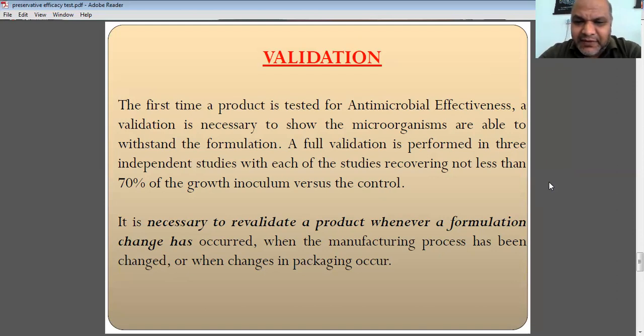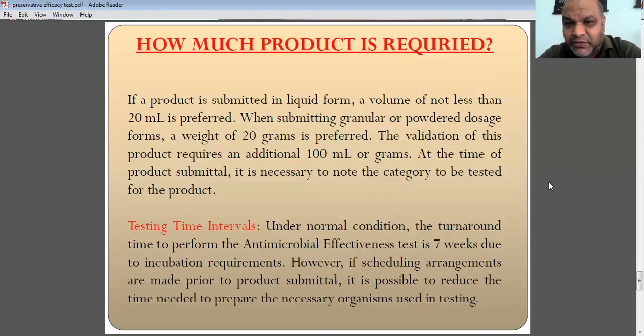Okay, so revalidation is necessary when there are certain changes in the manufacturing procedures or in the packaging procedures. Okay, so if we have a streamlined, one-line procedure, when we validate that particular procedure, it will directly go to the finished product. Okay, we have already validated and that is okay. But if there is a certain change in the manufacturing process or the packaging process, okay, then revalidation is again very important. We have to go for it, because there may be chances of deviation in the microbial growth.